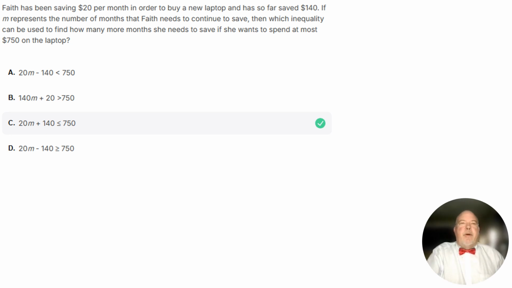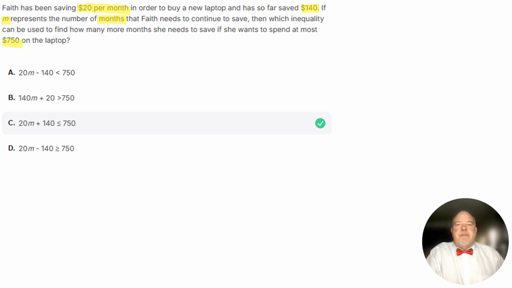All right, so we got a word problem here. It says Faith has been saving $20 per month, so I'm just going to highlight that $20 per month, in order to buy a new laptop, and so far has saved $140. If M represents the number of months, so M's the number of months that Faith needs to continue to save, then which inequality can be used to find how many more months she needs to save if she wants to spend at most